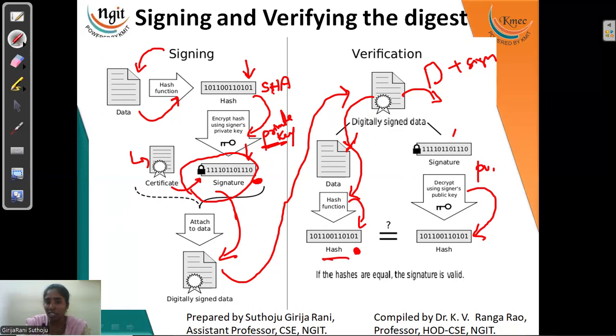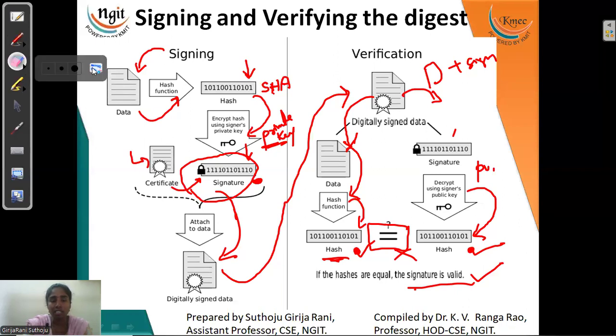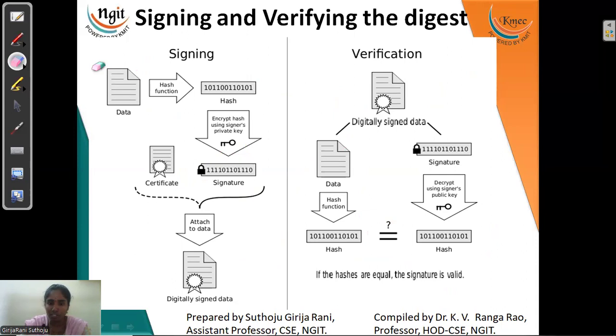Now, the hash value generated by the receiver is here, and the hash value generated by the sender is here. If both are the same, then the signature is valid and the data is perfect. If both are not the same, the communication channel has been hacked or something happened in between by intruders. So we are going to reject that data and report the case to the higher officials. So this is what the algorithm